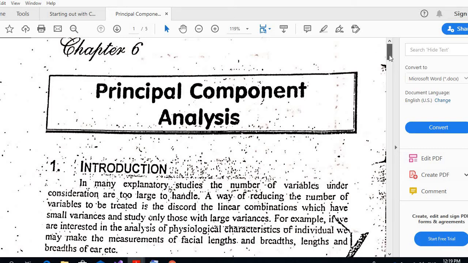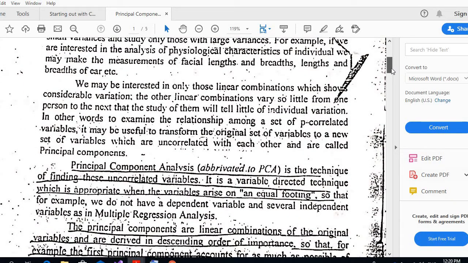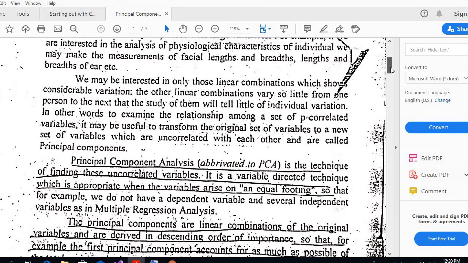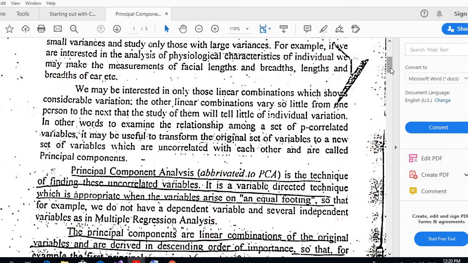Basically, it is a technique of variable reduction in the form of linear combinations. We may be interested in only those linear combinations which show considerable variation. The other linear combinations vary so little from one person to the next that a study of them will tell little of the individual variation. In other words, to examine the relationship among a set of p correlated variables, it may be useful to transform the original set of variables